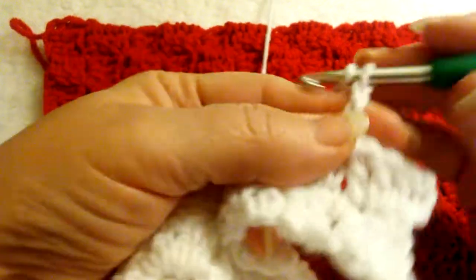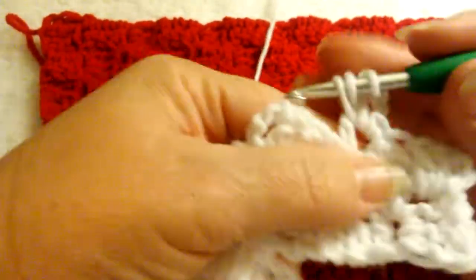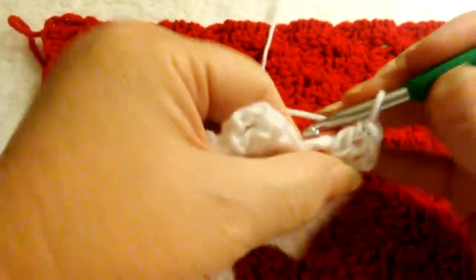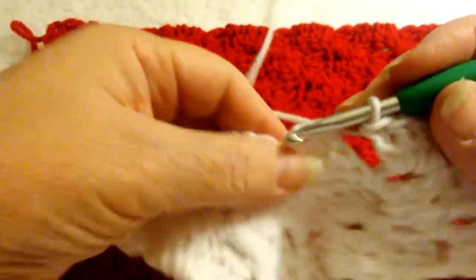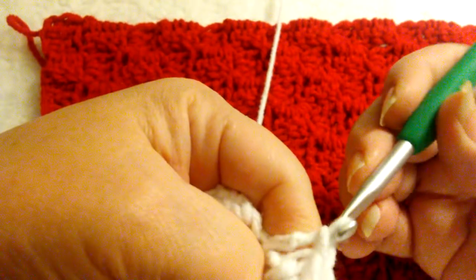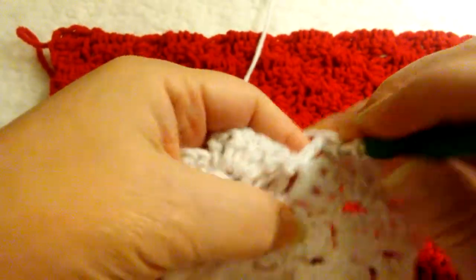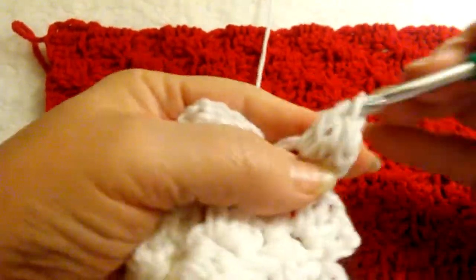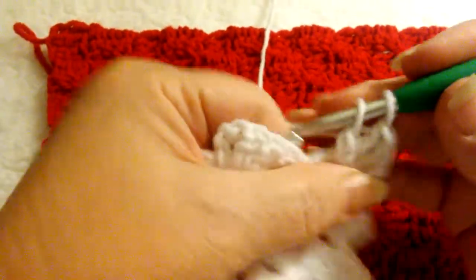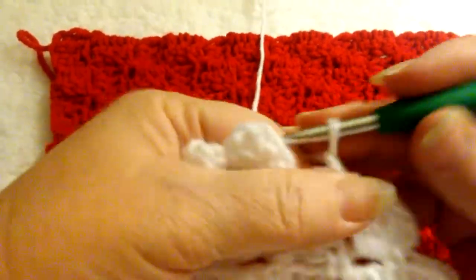1, 2, 3. 1, 2, 3. 1 slip stitch, 3 chains, 3 more double crochets, 1, 2, 3. 1 slip stitch, 1 chain 3,